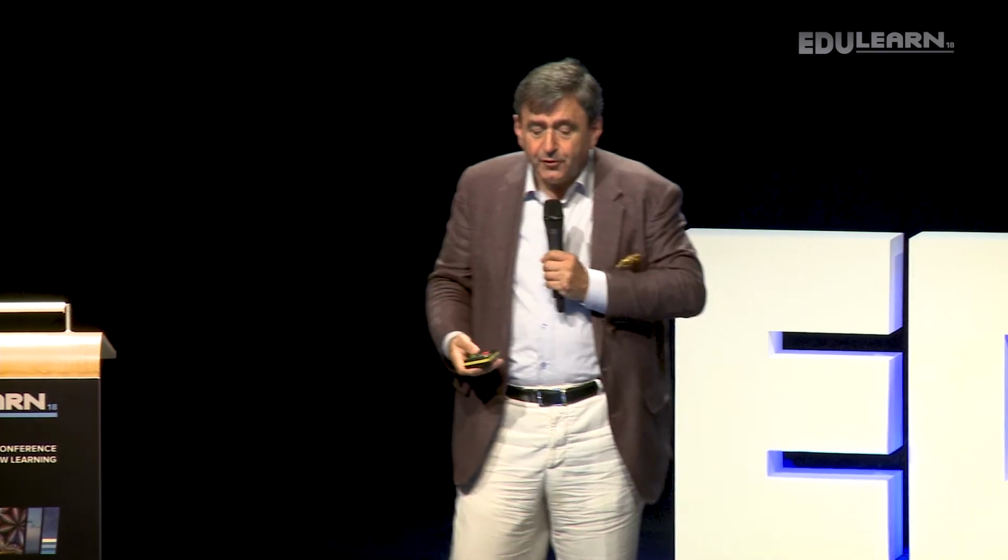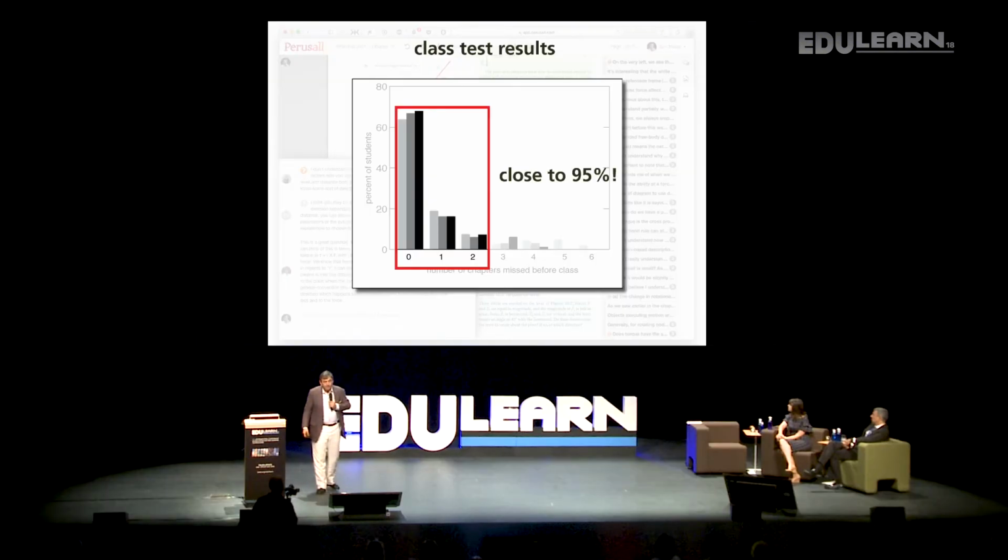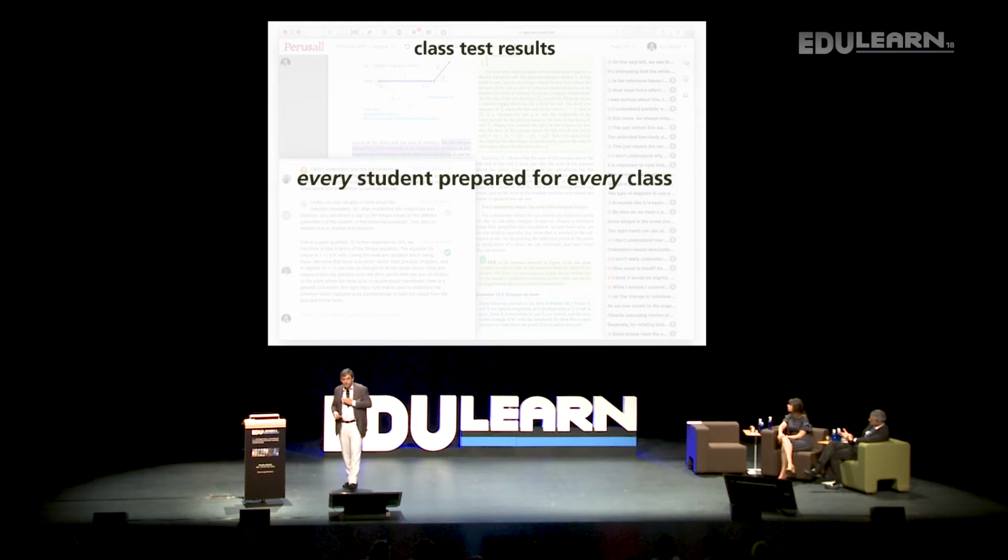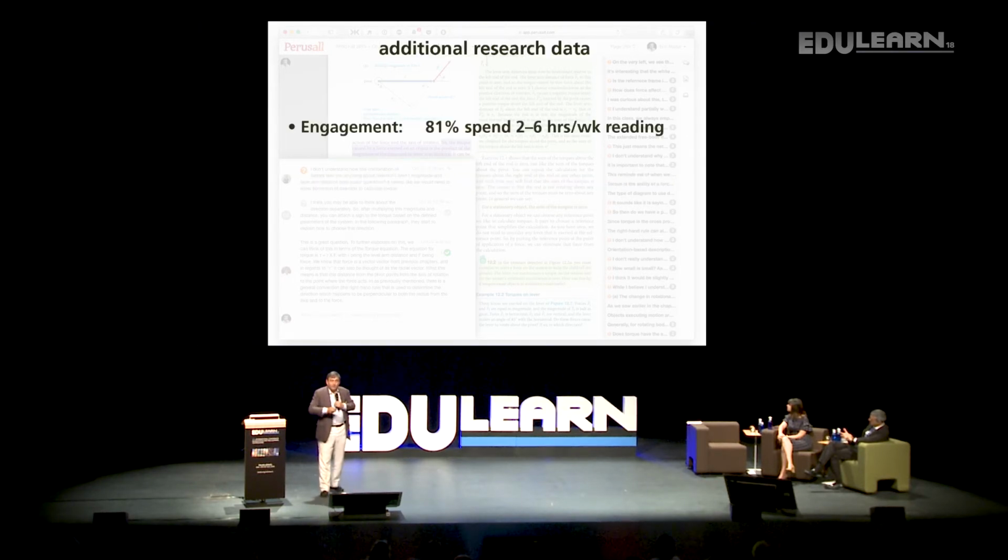As you can see, in the last year, the black data, there is not a single student who misses more than 4 chapters. There's actually 1 student who misses 4 chapters, and a handful, maybe 8 or 9 or so, who miss 2. If you put together these first 3 columns, you add them up, you get to 95%. I think this is as close as you can get. Even pointing a gun at somebody's head will not get every student prepared for every class. So there is much more data, but unfortunately I don't have time to show that.